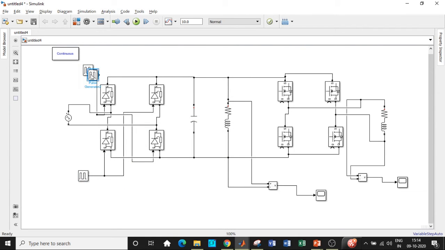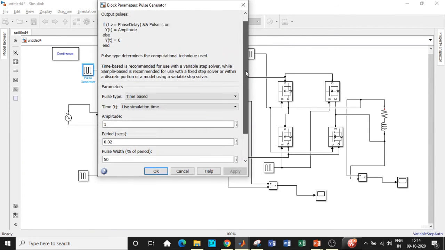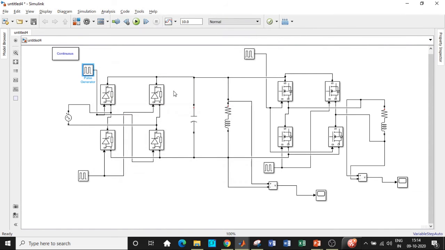So again, I will be using a pulse generator block over here, and I'll be connecting it in this particular fashion over here. Again, I'll be requiring another pulse generator block with respect to these two MOSFETs. So I'll be using the same values, so it doesn't matter. One important aspect with respect to this circuit that you have to remember is that you can give the firing angle as well, delay. If you want, you can choose the value of alpha to be equal to 30 degree and design the circuit. I have done that in case of rectifier separately. You can look at those videos and try to correlate with the concept and do this circuit on your own.